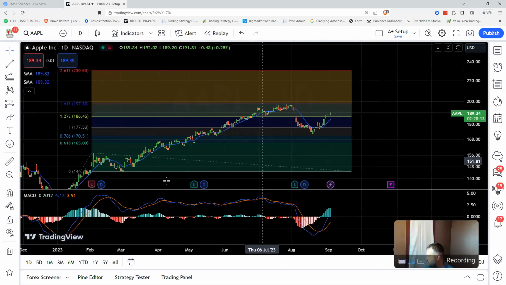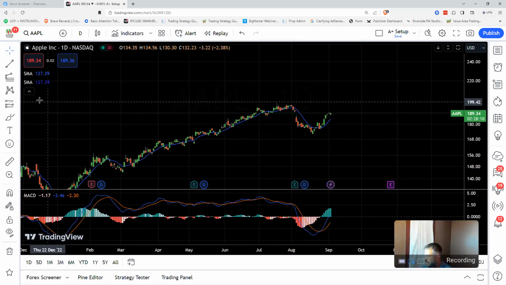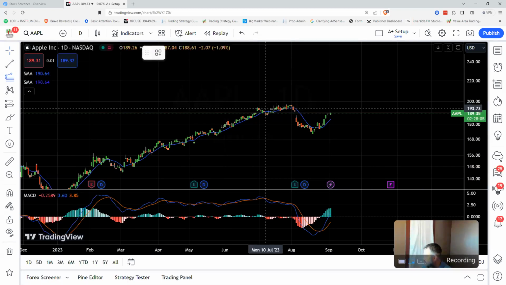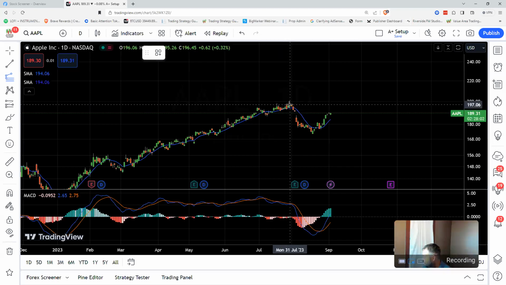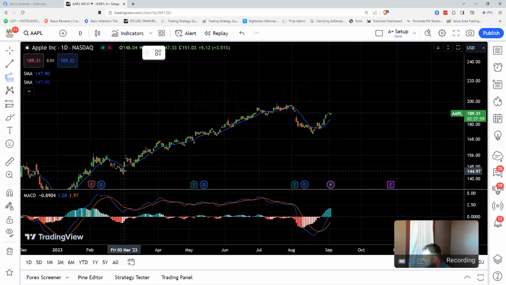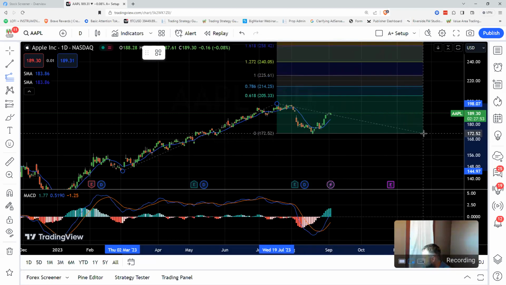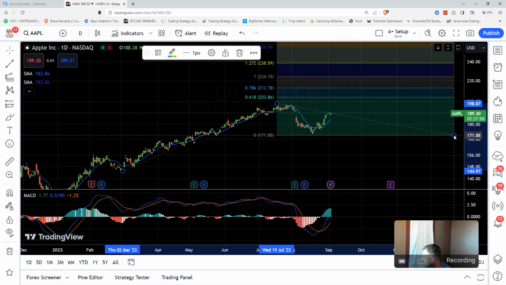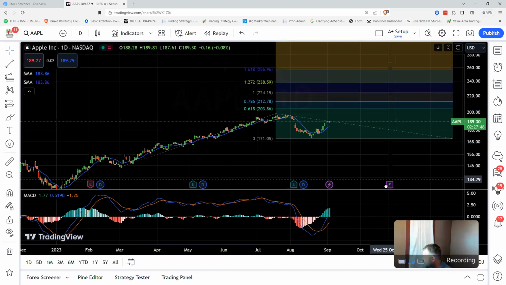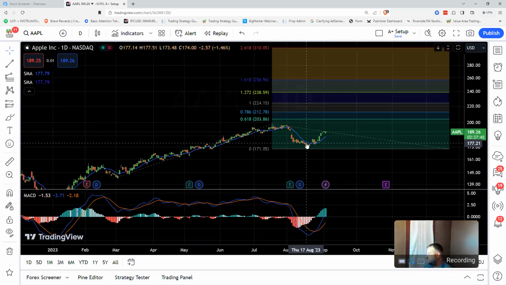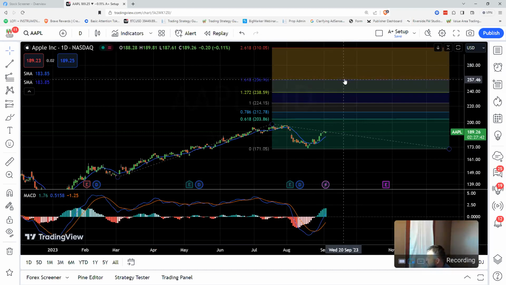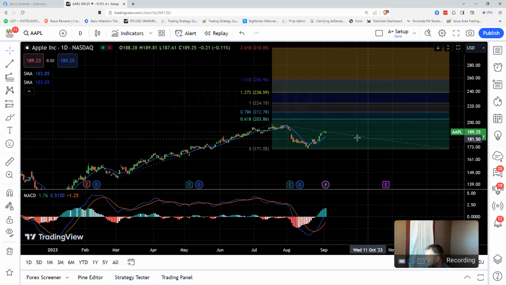So now with this current trade that we're running, we're going to run this again. And let's take a look. We're going to run the target. So we're going to go from here to the top. We're going to run it down. And these are the targets that are laid out. So now if we got in down here on this fib bounce, we could be like, oh, okay, there's some big targets up ahead. And there's a lot of different ways to run that, but using a Fibonacci extension is